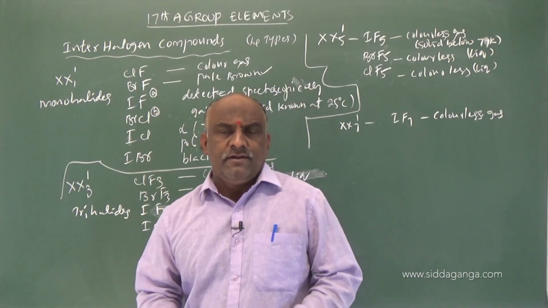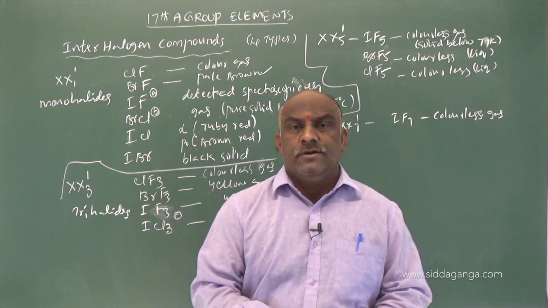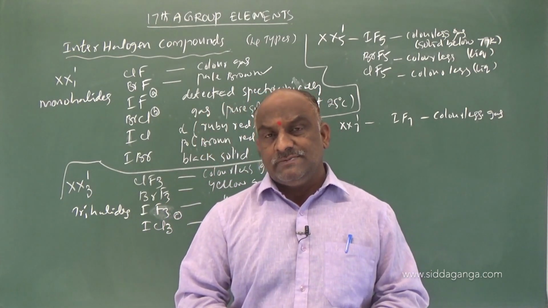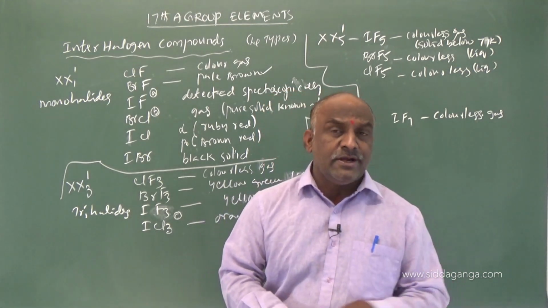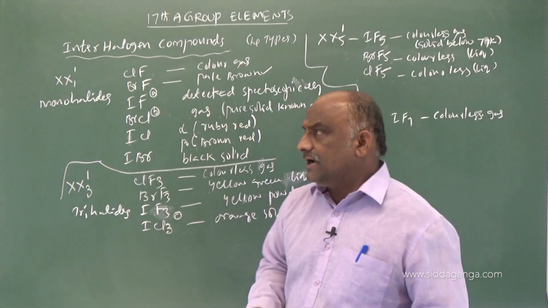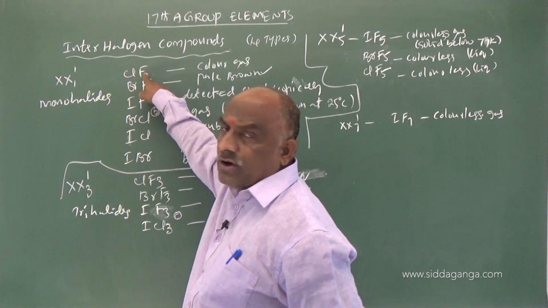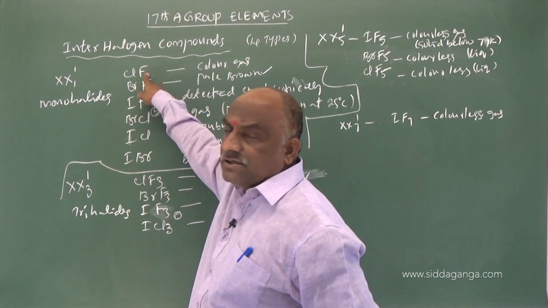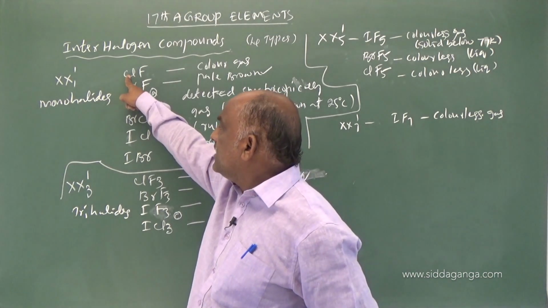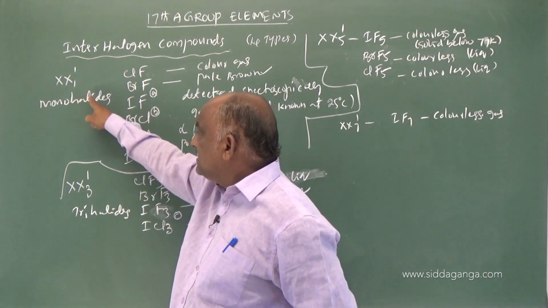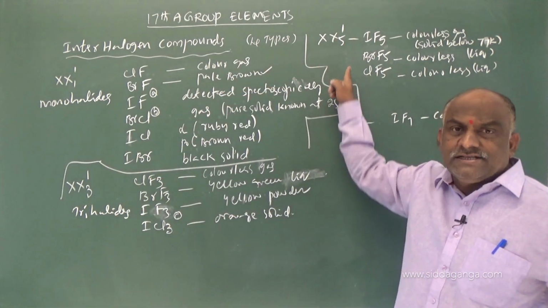Dimer means two molecules combining with bridge bonds; chlorine bridge bonds take place, so it is said to be a dimeric shape, a dimeric arrangement of the halogen atoms. Here chlorine is less electronegative and fluorine is more electronegative. The right side element is always more electronegative and the left side element is less electronegative, so we arrange them like this: XX dash, XX1 dash, XX3 dash, XX5 dash and XX7 dash.